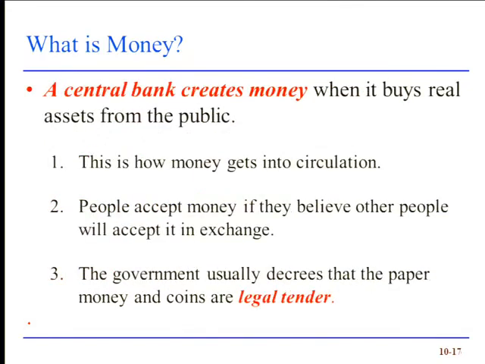Now, the way the central bank operates in all of this is it can create money whenever it buys assets from the public. So remember here, when we talk about the public, we're talking about the non-governmental sector of the economy. So when the central bank buys assets from the public, it needs to pay for them. One of the unique things about central banks is they can literally create money out of thin air. They simply make an electronic deposit in the seller's bank account. Okay? We'll see how that works a little bit later. So this is how money gets into circulation. The money, though, only works in circulation if everybody is willing to accept it in exchange for goods and services. Remember, some of those services are working, right?